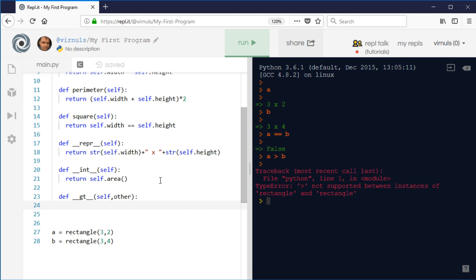So what we're going to say then is we'll just return whether self.area is greater than other.area. Those both are numbers. So if we return those, self will be the first one, in this case A. Other will be the second one, which will be B. So is the area of A bigger than the area of B? So if I run my program now,